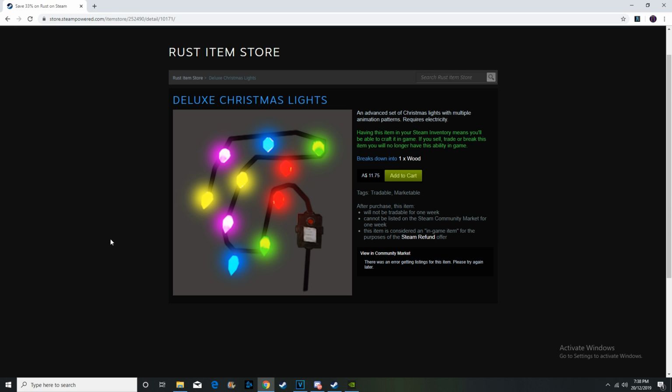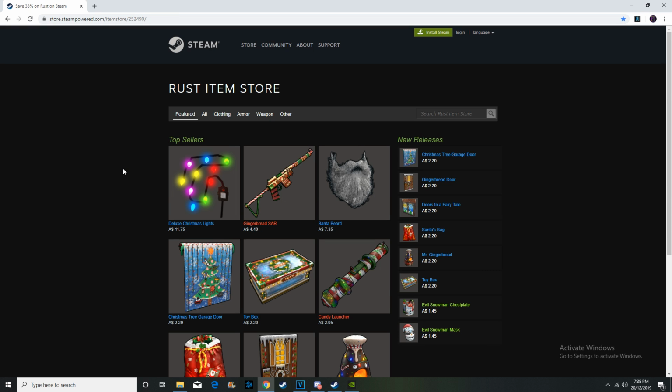So actually talking about these skins now, the Deluxe Christmas lights, these are going for $11.75. I don't actually think these are going to perform anywhere near as well as the Christmas lights. As I said, they're going for $11.75, which is actually more expensive than the Christmas lights when they came out. If I'm not mistaken, they were $5. I also think they might have been the top seller when they came out as well,